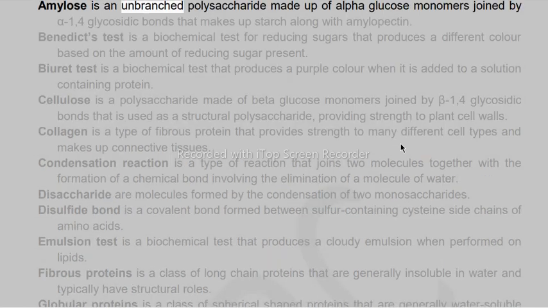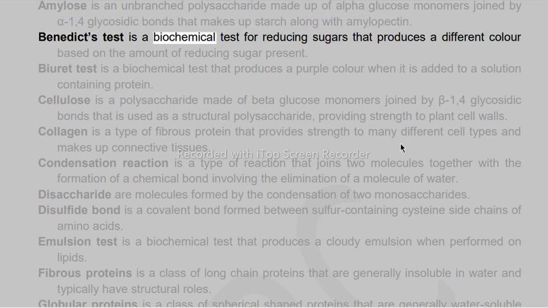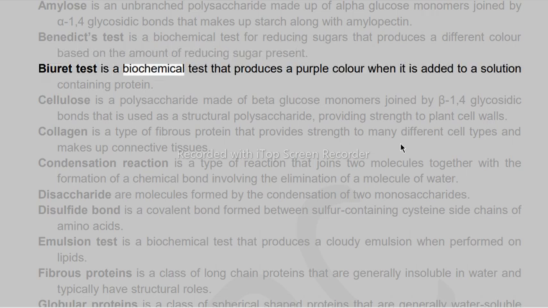Amylose is an unbranched polysaccharide made up of alpha-glucose monomers joined by alpha-1,4 glycosidic bonds that makes up starch along with amylopectin. Benedict's test is a biochemical test for reducing sugars that produces a different color based on the amount of reducing sugar present. Biuret test is a biochemical test that produces a purple color when it is added to